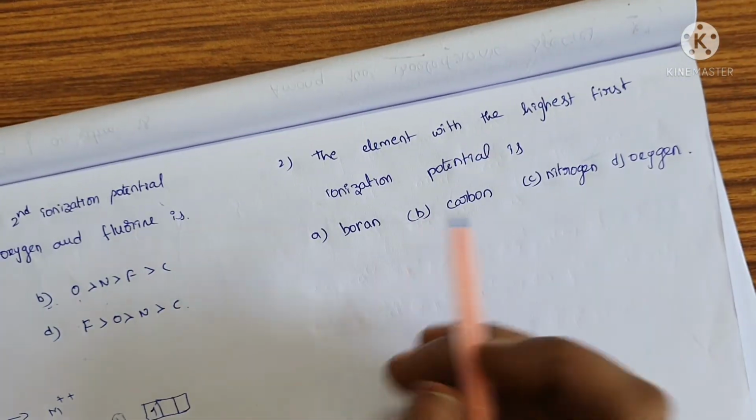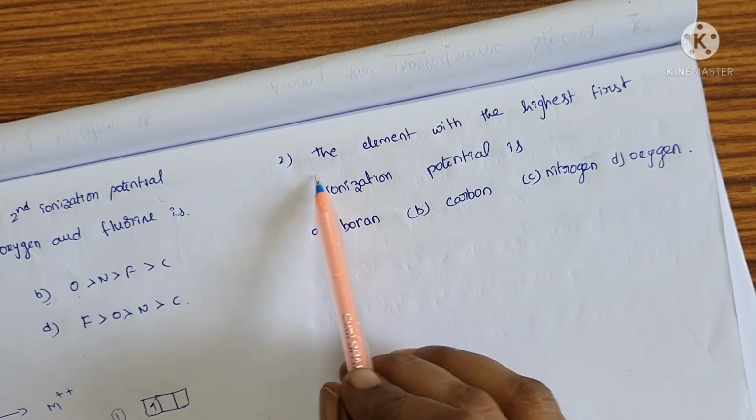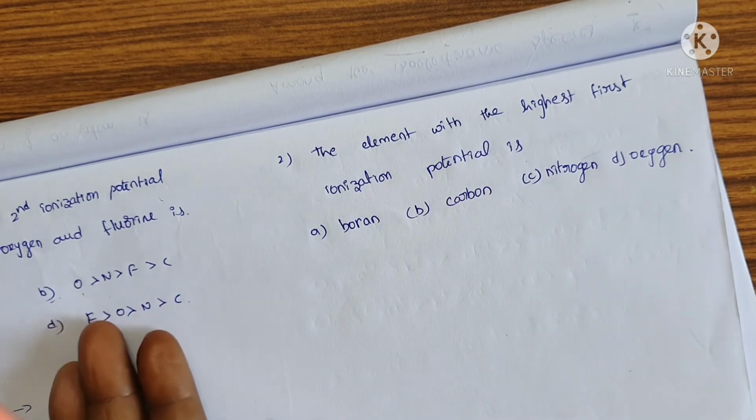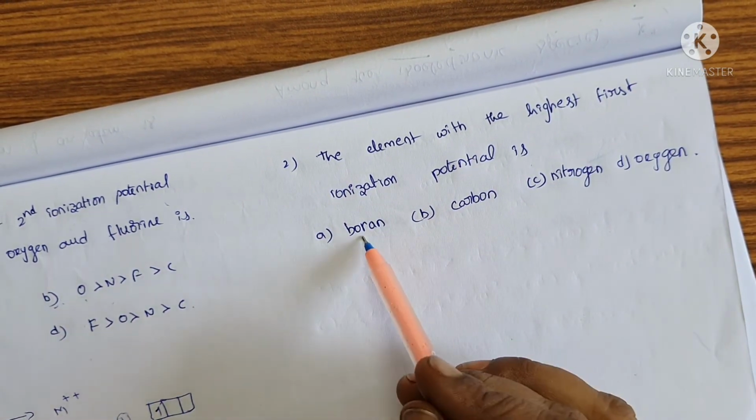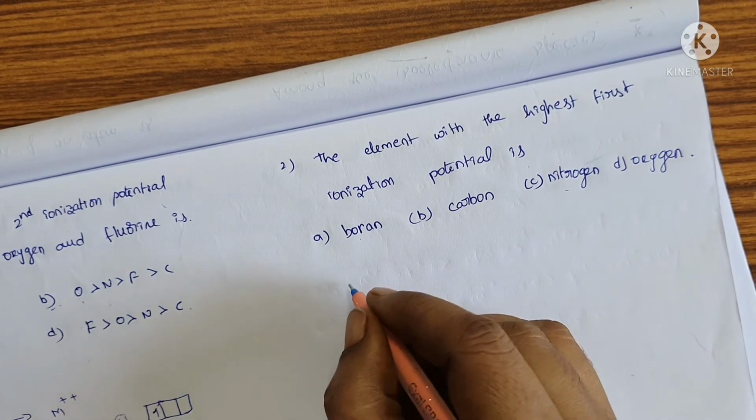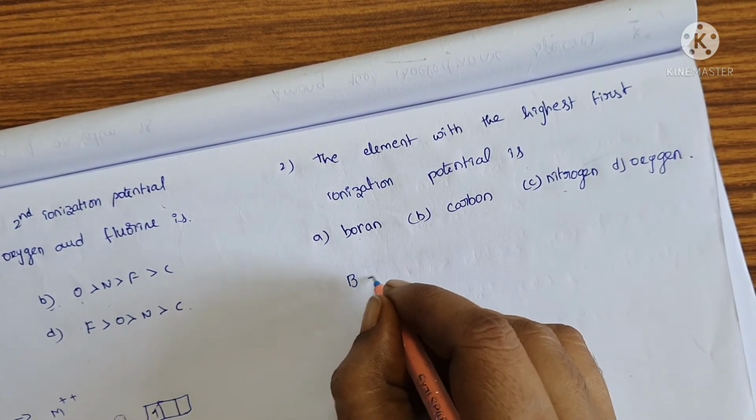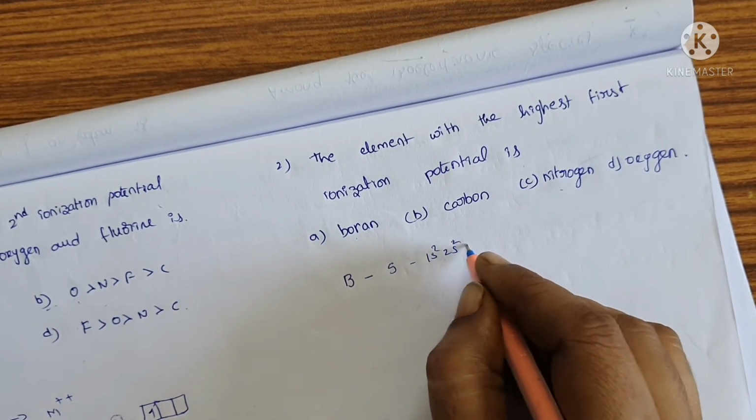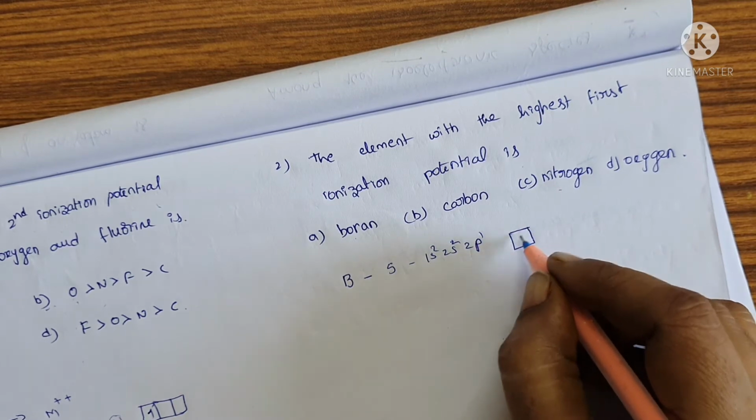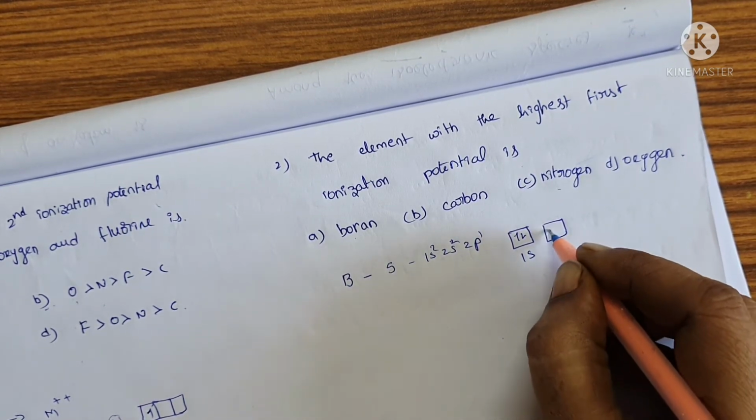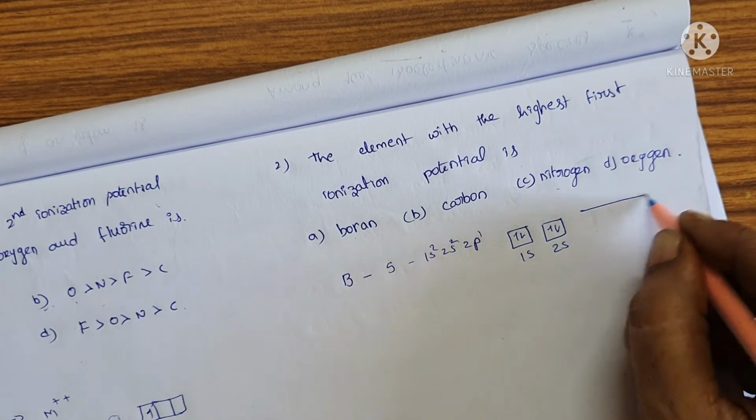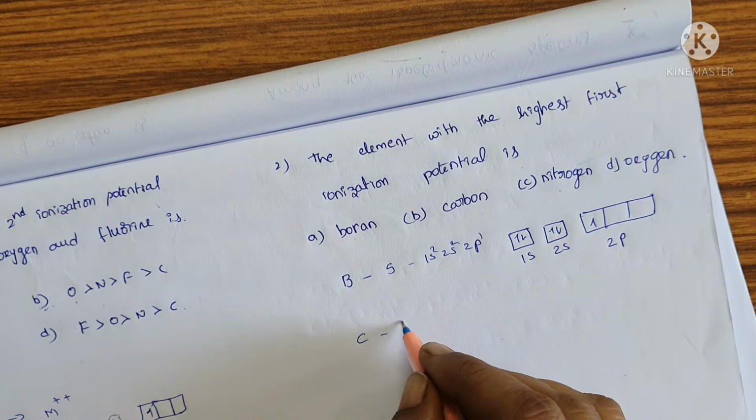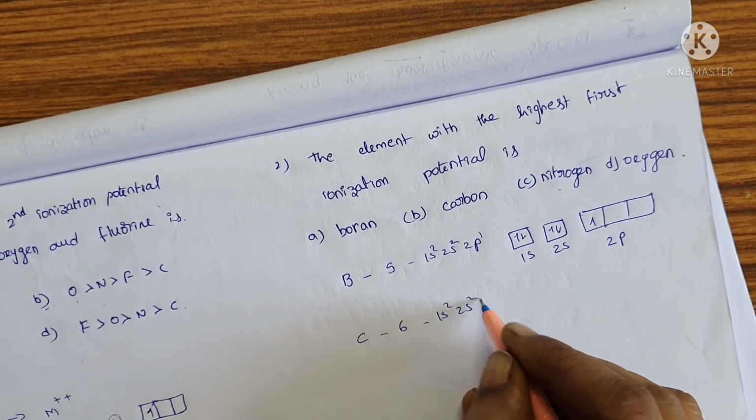And the second question: the element with the highest first ionization potential is, and the options are boron, carbon, nitrogen and oxygen. What is the electronic configuration for boron? 5: 1s2, 2s2, 2p1. For carbon, the electronic configuration is like this: